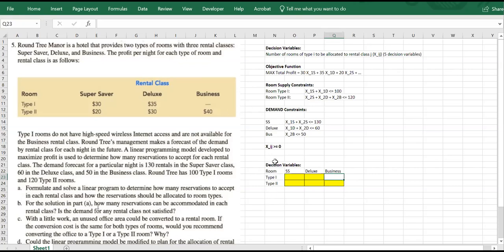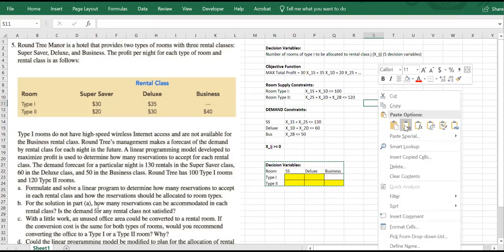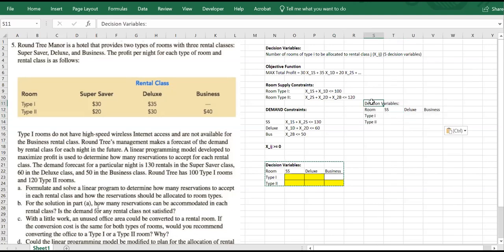I haven't put my parameters. Let me just add the parameters somewhere on the sheet. So it's going to be profit per room. And then we have $30, $20, 35, 30, and 40. And also, let me just write down in the list of parameters that we're going to use